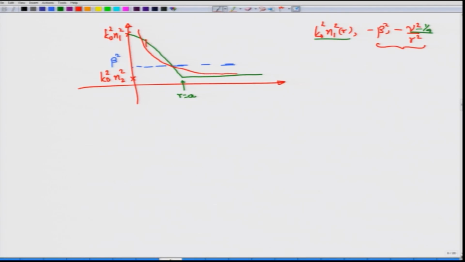Okay. And it is in this shaded region with the values say capital R1 and capital R2 that k is real, and then you have an oscillatory solution, and outside you have an exponentially decaying solution. So, here inside you will have an oscillatory solution and outside you will have the decaying solutions. Okay. And these points bounding the region where there is an oscillatory solution are called the turning points of this particular profile.